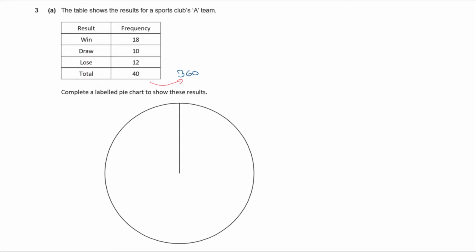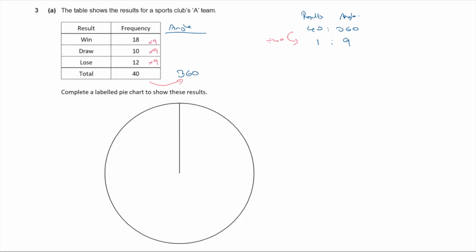Okay, so the ratio of 40 to 360, both sides divide by 40, don't they? Divide by 40, and that's going to give me 1, and 40s into 360 is going to be 9 times, isn't it? So that means this was the number of results, and this is the angle. So for every one result, we're going to be using 9 degrees. So in my table, if I write the angle up here, then I'm going to have to multiply each one of these by 9